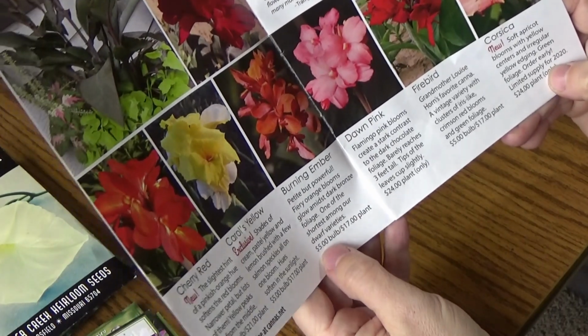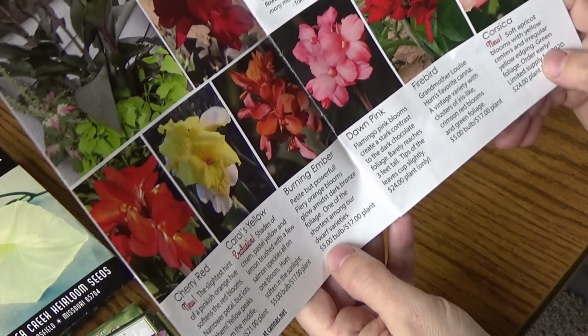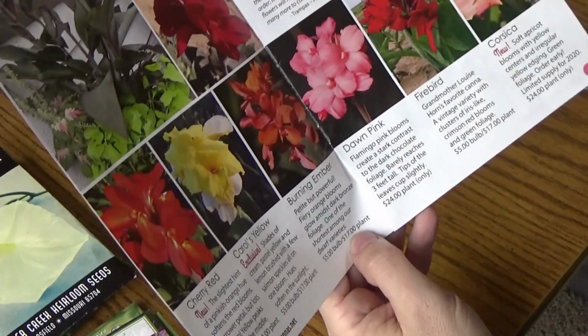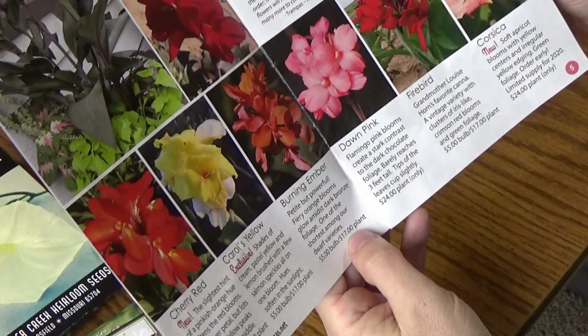But $5, and if I plant 2 in there, that's $10 for that container, and I think it had some sweet potato vines. That wasn't too bad. Otherwise, when you're looking at $17 a plant, you have to start thinking about how much you want to spend on a container. And your budget. So depending on your budget,